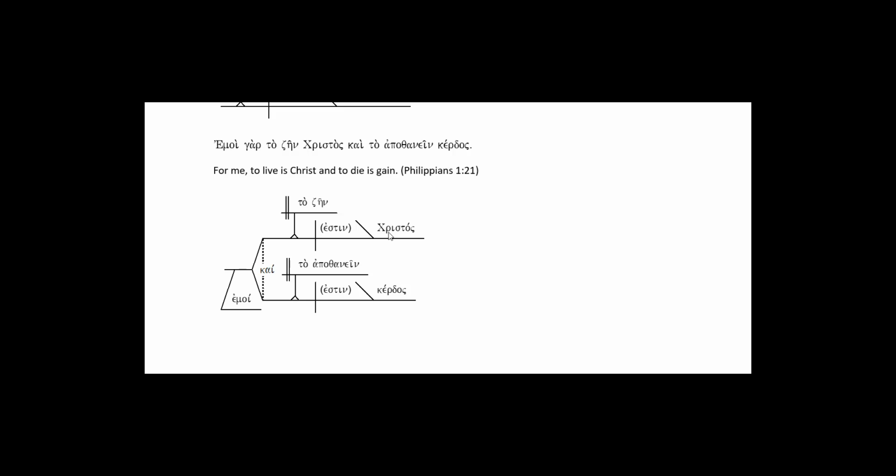To live is Christ, and, kai, on the conjunction, to die is gain. And then emoi is modifying everything, so it's for me or with respect to me. So that's why we're putting it under a line that's pointing to all of this rather than just one single